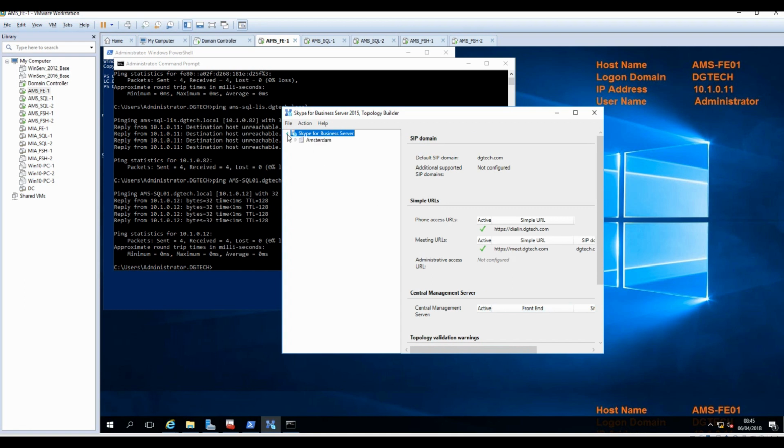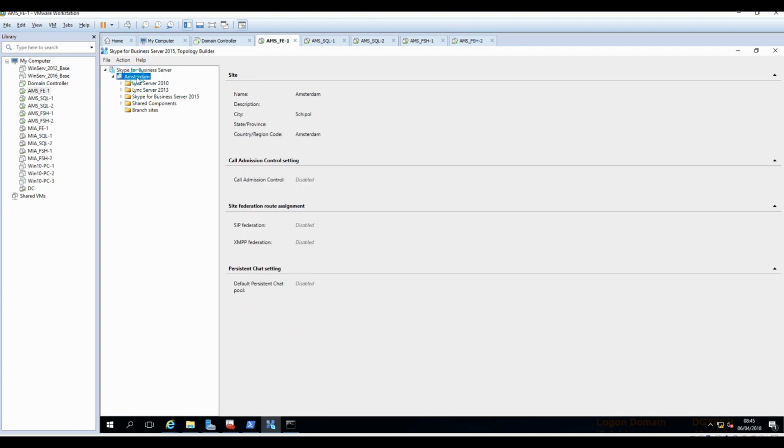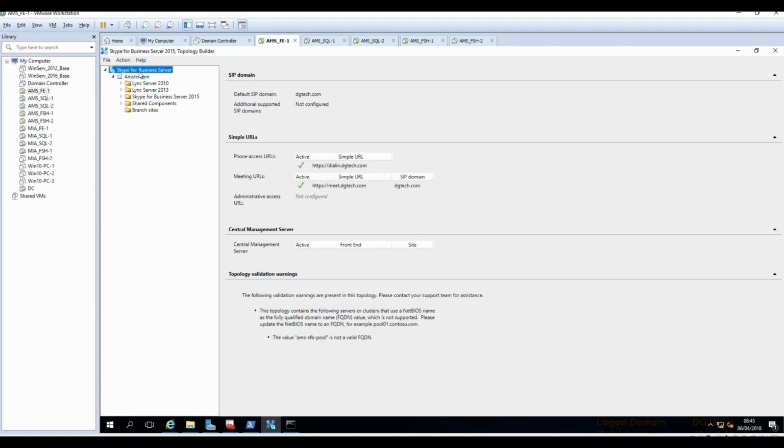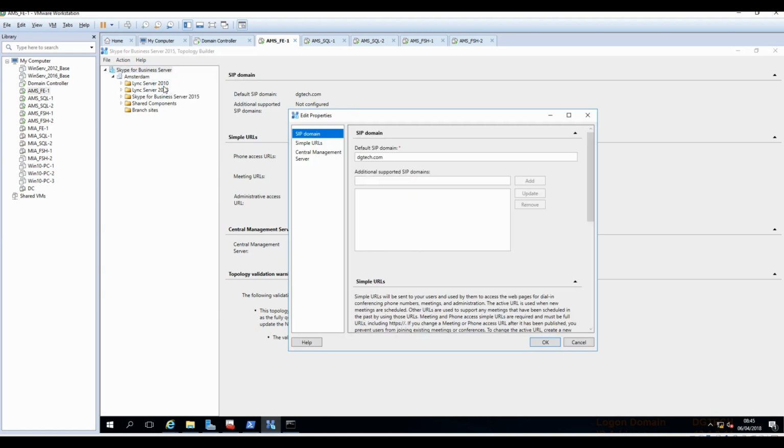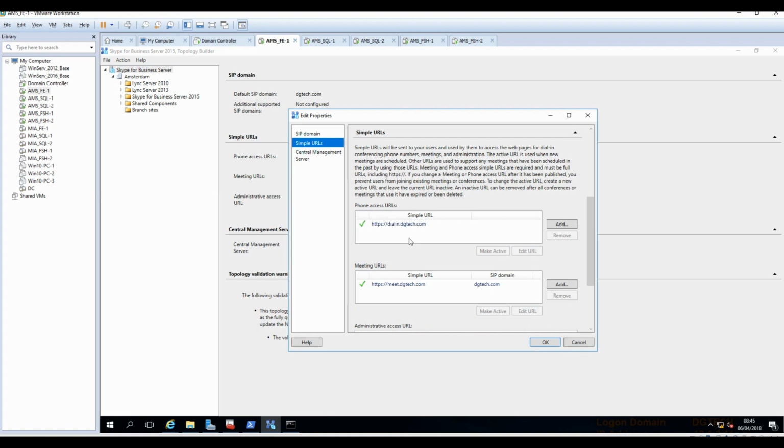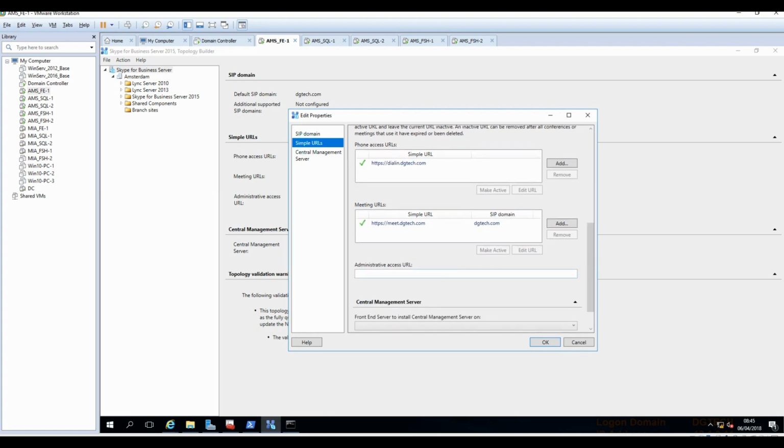Okay, so let's just double check everything one more time. So we've defined our simple URLs here as well. So let's just go ahead and define the